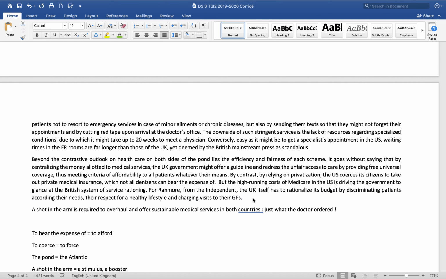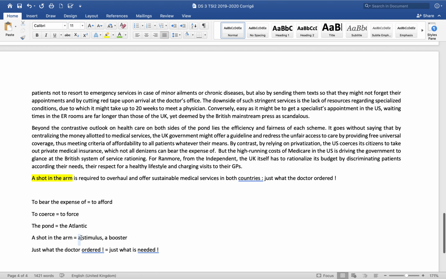Right, so I've tried to show how fair that is in this paragraph by contrasting the two systems. Now, what I did is I tried, you're going to tell me what you think about this, I tried to use a pun or a play on words to conclude my paper so that the examiner thinks, oh, this student is very funny. So I used this term, a shot in the arm. A shot in the arm is a phrase in English we use to say a stimulus. You want to stimulate something. You need to encourage something. And this is a medical term because a shot in the arm is like when you get jabbed or you get an injection from the doctor.